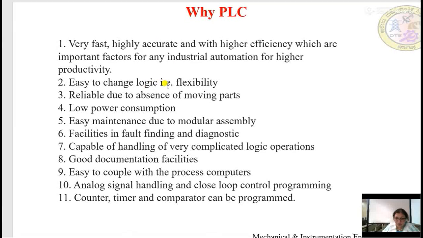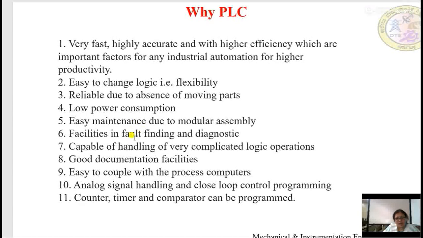It is easy to change the logic designed for any particular operation or process, that is, it is highly flexible. It is reliable due to the absence of any moving parts, has lower power consumption, easy maintenance due to modular assembly, and facilities in fault finding and diagnostics.